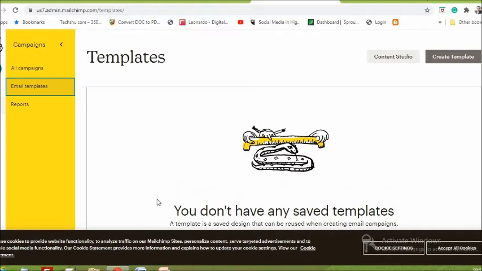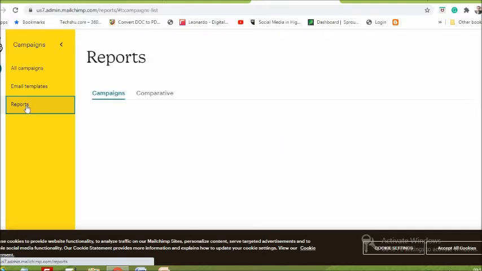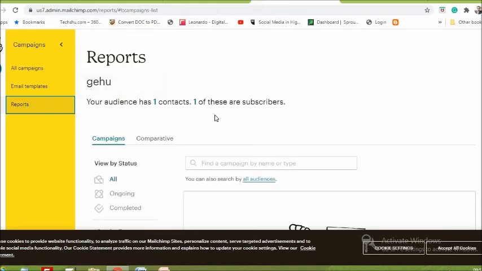We don't have any saved template. It is showing reports, so we can have different types of reports. But to learn all this, we need to make a small email campaign first.